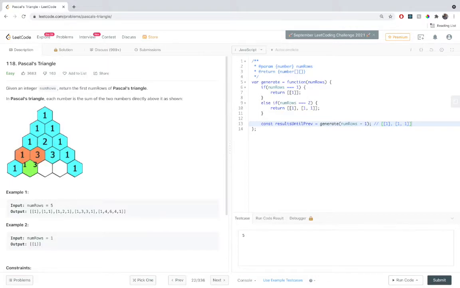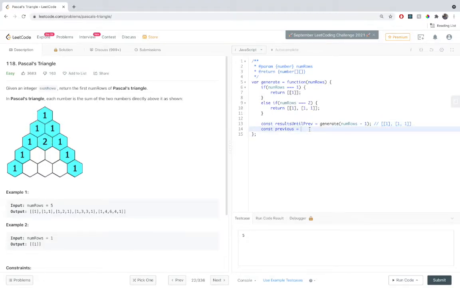Now we have resultsUntilPrev, but what we are interested in is the previous result itself. So let's get the previous one, which will be the last element of the array that is mentioned over here.